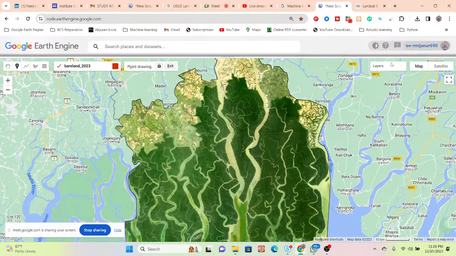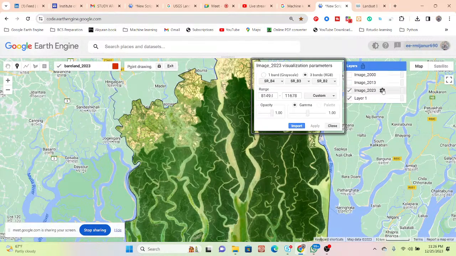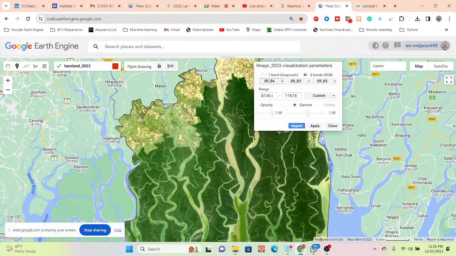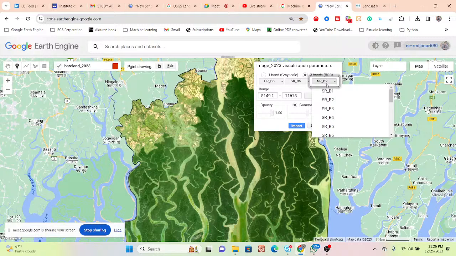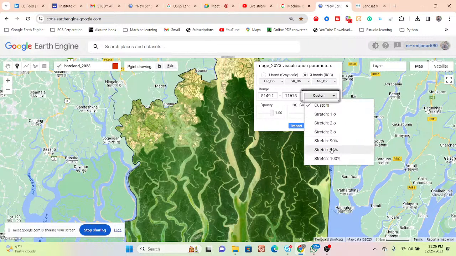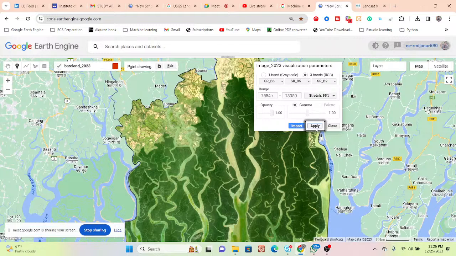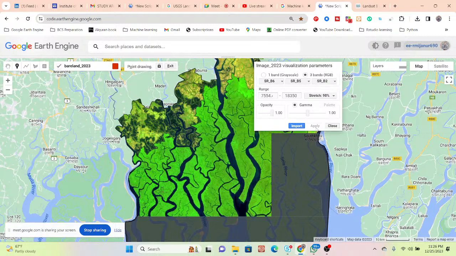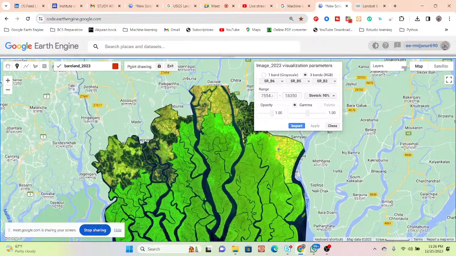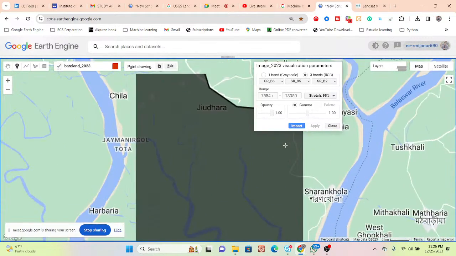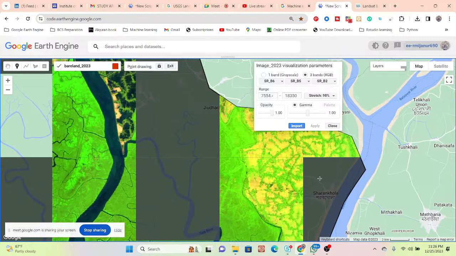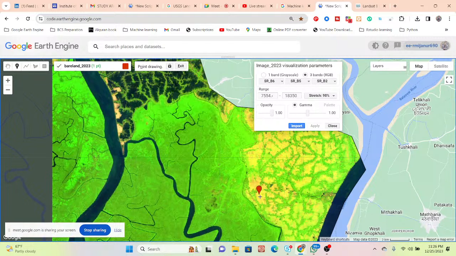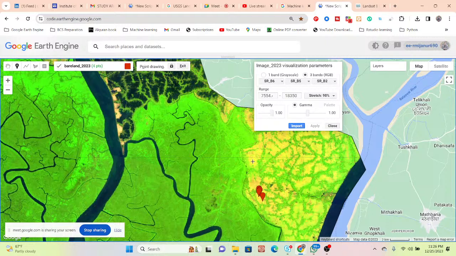Okay, so now you use the band combination here. Suppose click here and I simply set the band combination. Suppose short wave infrared, then put near infrared, and then put blue. Okay, and then stretch 98%. So now I can easily differentiate the barren land. This type of pixel, gray color pixel, identifies the barren land when I use the band combination. So now simply click on the barren land and take the training sample from here.